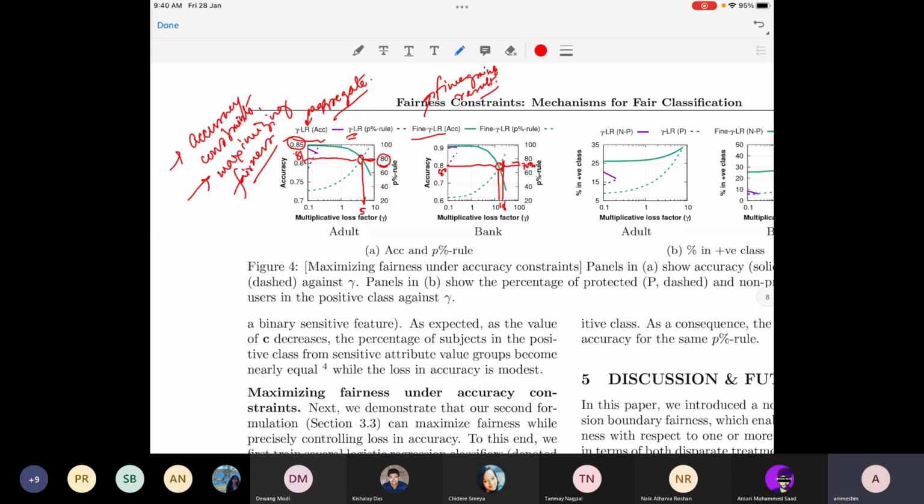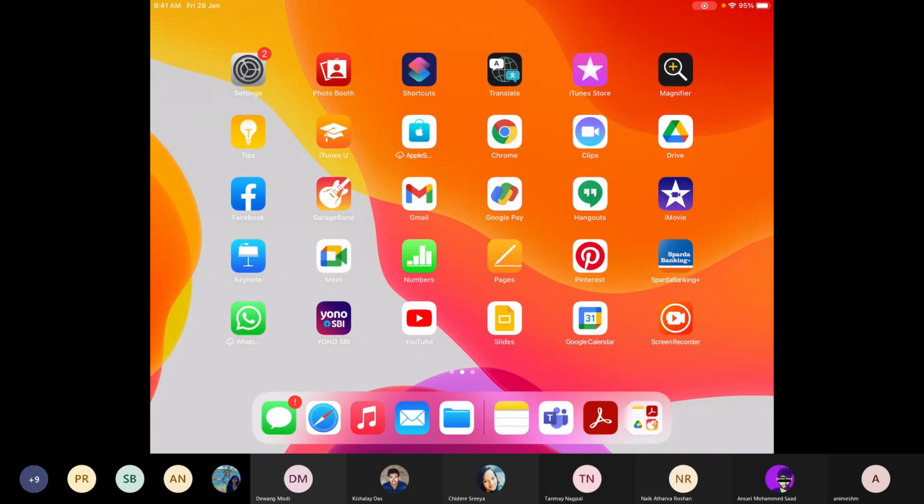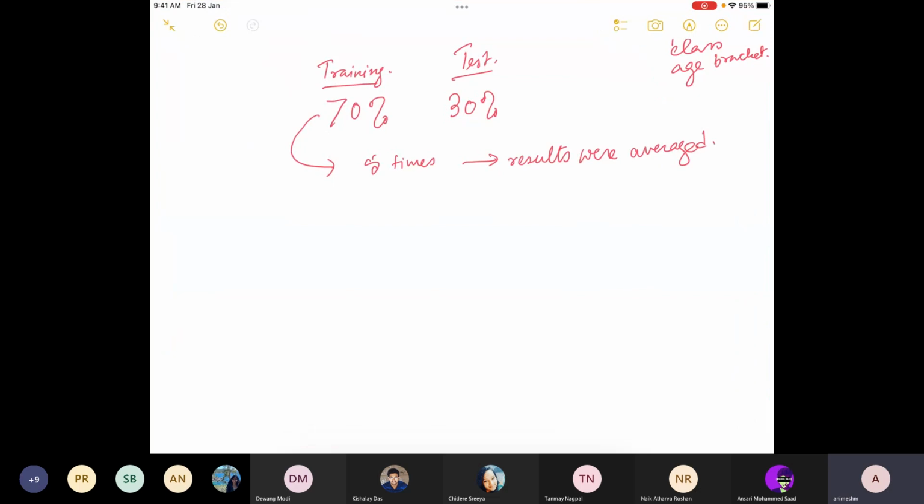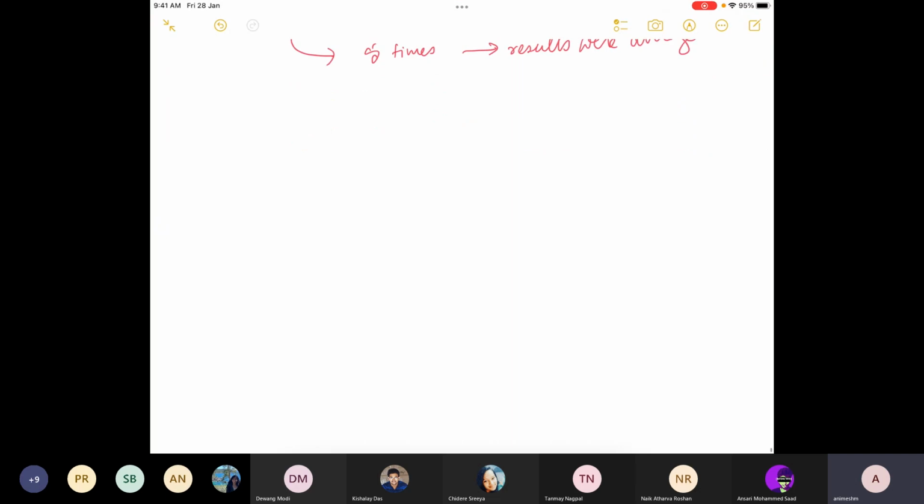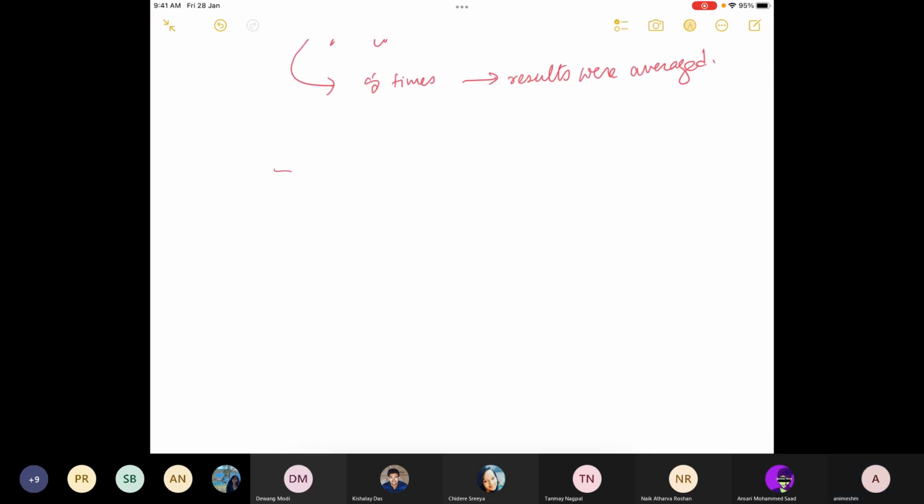Okay, so this was roughly all about this particular paper. I think we have spent a good amount of time discussing this paper. So today, for the rest of the time, we will start the next topic, but we will just introduce ourselves. We will not go into the details of the things. We will just introduce ourselves to the idea,